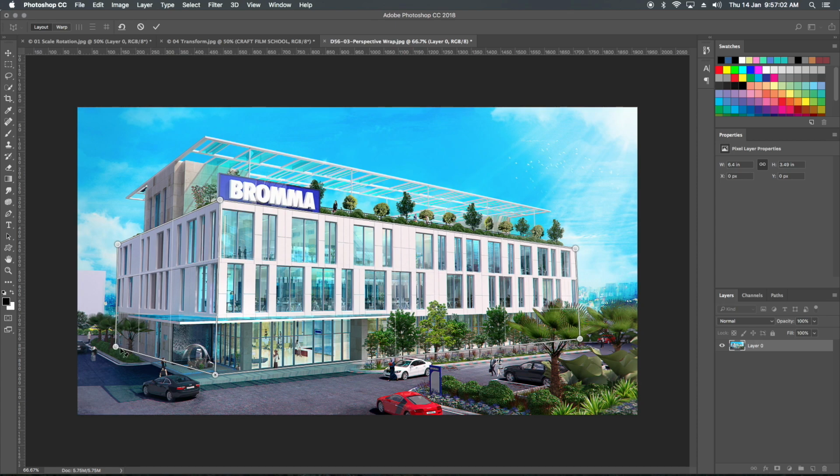So now the magic starts. Even what I can do, I can make the changes here also. Let's do, otherwise this will get distorted. Okay, so let's add this one, put this one here, and let's make one more.